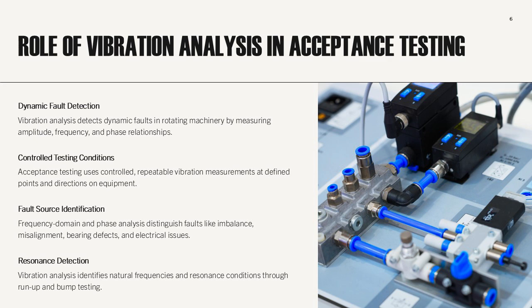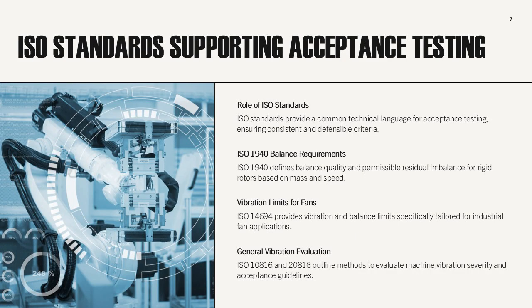acceptance testing programs. International Organization for Standardization, ISO, standards provide essential guidance for establishing acceptance testing criteria based on vibration and balance requirements. These standards offer a common technical language that can be referenced in purchase orders, repair contracts, and internal engineering specifications. By aligning acceptance testing practices with ISO standards, plants ensure that their requirements are technically sound, widely recognized, and defensible. One of the most widely used standards is ISO 1940, which defines balance quality requirements for rigid